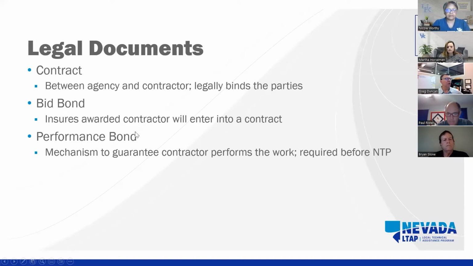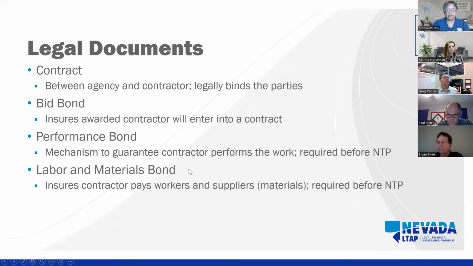There's also a performance bond that is required, and this typically is delivered after the low bidder is identified. And this is a mechanism to guarantee the contractor will perform the work. So this is delivered usually between the bidding and the notice to proceed. There may also be a labor and materials bond. This ensures that the